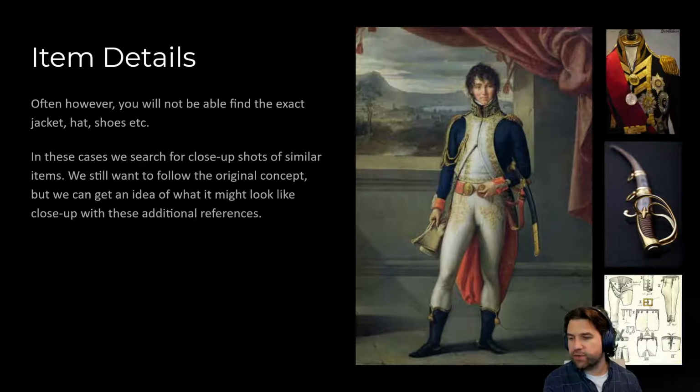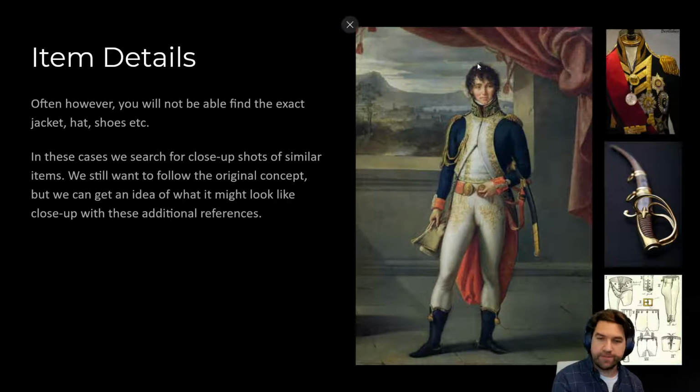So sometimes you can find illustrations of, say, how pants on this guy's costume might be buttoned. Or details of, I can't see this guy's exact sword, but this is probably something like it. And I don't see from this painting the exact sort of braiding and things like that, but maybe this gives me an idea of what that might look like. Often, we can't find the exact reference, especially in photo reference, of the thing the character might be having, but we try to find something close because we want to figure out what the concept artist is thinking so we can best recreate it.